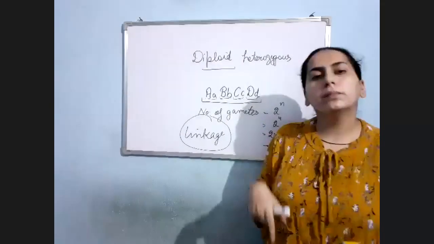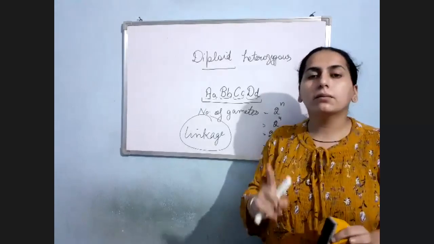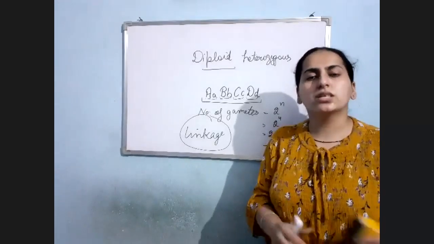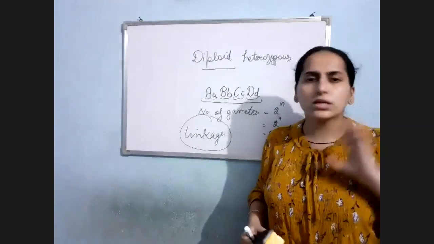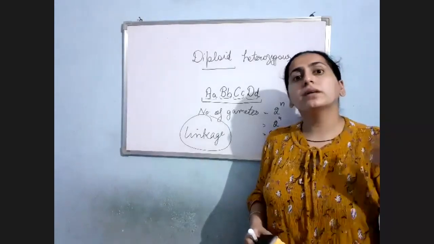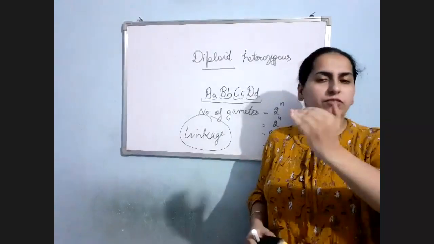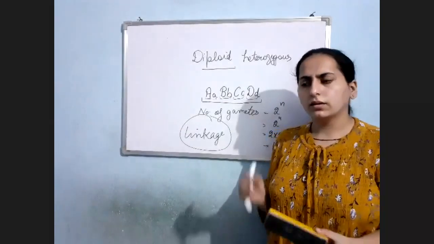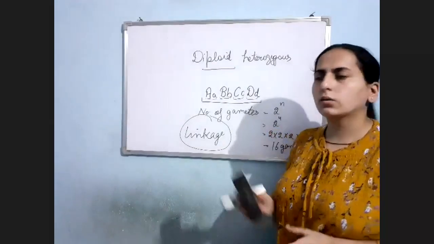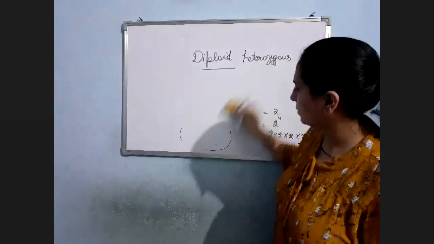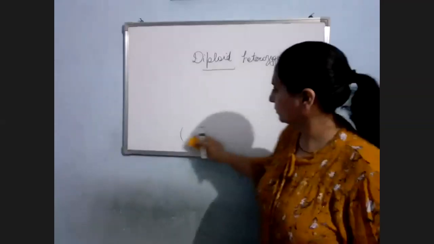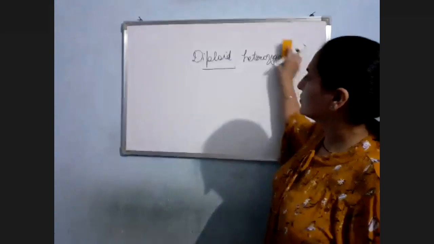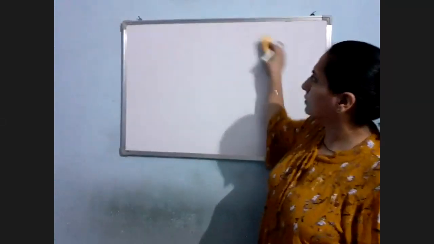And if they are linked, then the number of gametes would be reduced. Whatever the number is, it will be less than 16, not more. But how many there will be, we can't tell without knowing the distance between the genes and everything. Okay. Any doubt in any other question now? Otherwise, we shall move to our next chapter.